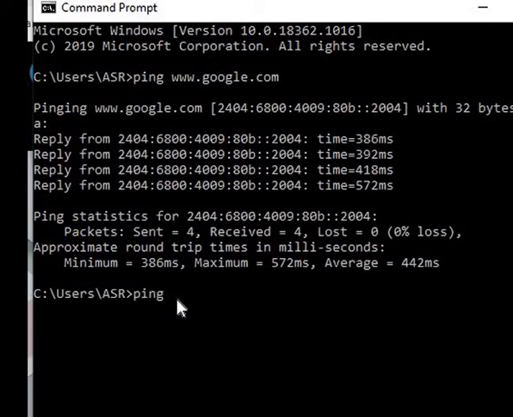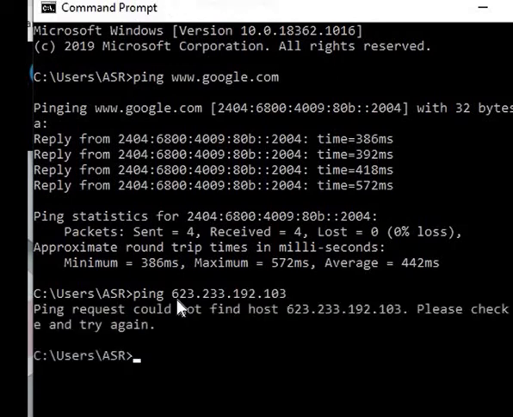Now we will give a random number like 262.33.192.103. Here the request could not find the host, because we have used a random IP address; the address is not present.